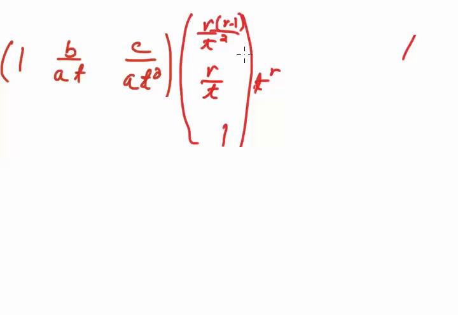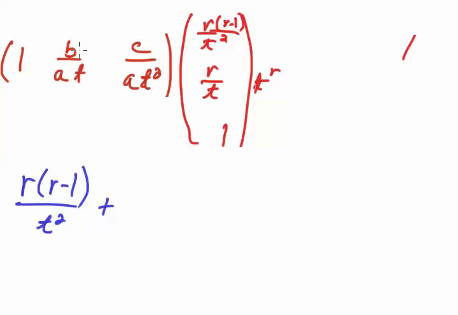If we multiply that by this, notice that 1 over t squared and at times t is t squared, and at squared times 1 is t squared. So I had best go ahead and multiply everything anyway, but r times r minus 1 over t squared is the first term, plus